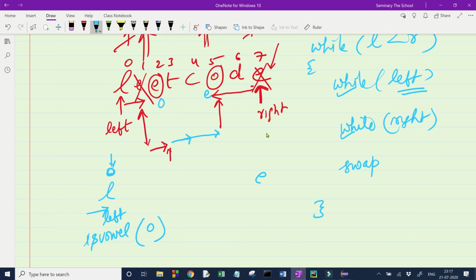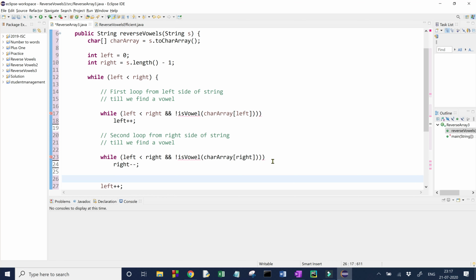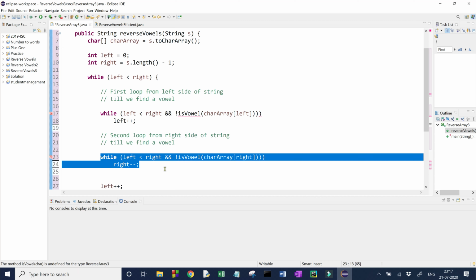Now I am here, this is my LeetCode E, the last character, where I have kept my right. I will request my isVowel function to tell me whether E is a vowel or not. It is a vowel, so it will return true.